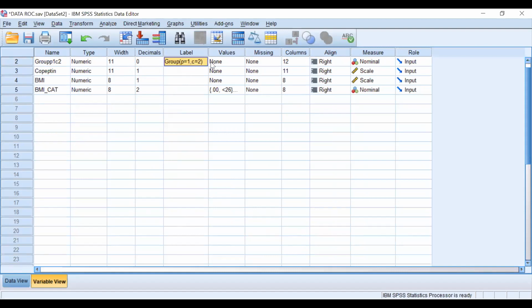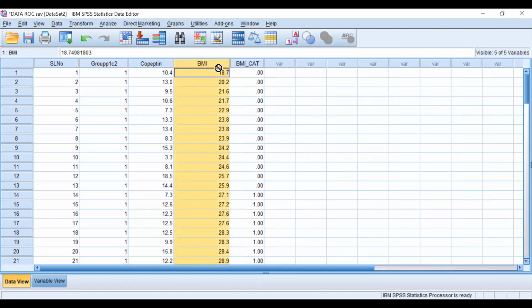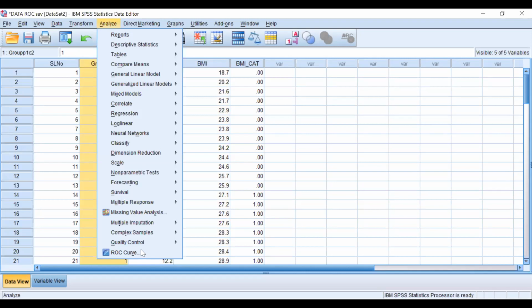We want to predict what cutoff of BMI will be helpful in correctly classifying those with PCOS and without PCOS. So BMI is our index test, and we want to find a cutoff for BMI that correctly tells whether a person may get PCOS or may not get PCOS. So this is the analysis.